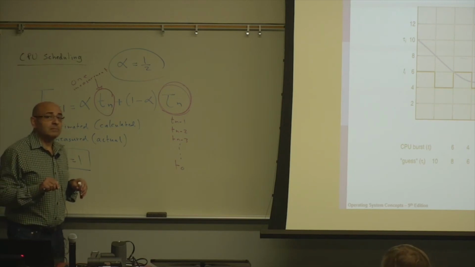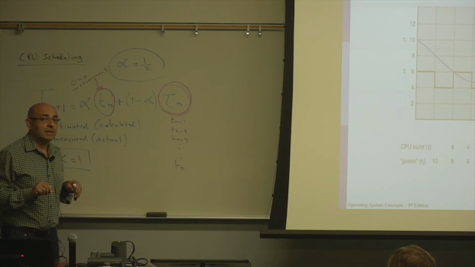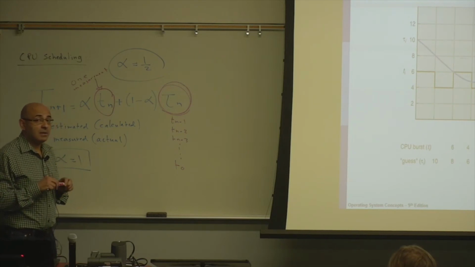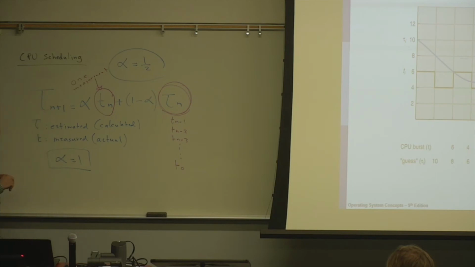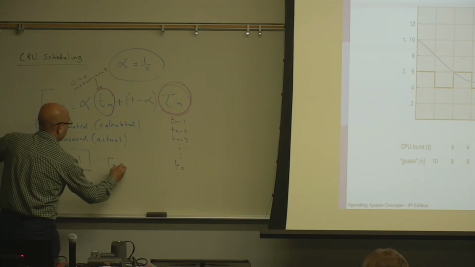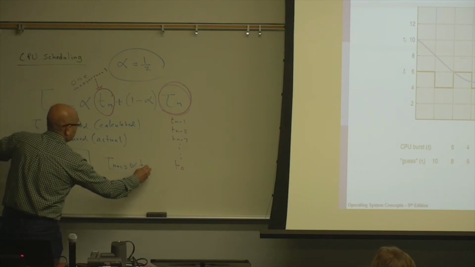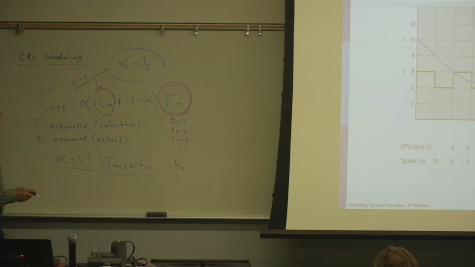Is the next one going to be 0? Like the estimate's going to be 0? Yeah, the tau would be 0 for that. Or tau adding 0. You just have alpha times the last measurement. Yeah, so you're saying that tau n plus 1 equals alpha Tn. What does this mean? What's the concept here? Conceptually, what does it mean? What are we saying? Last time. Same time, twice in a row.